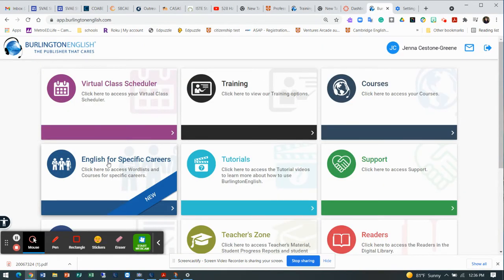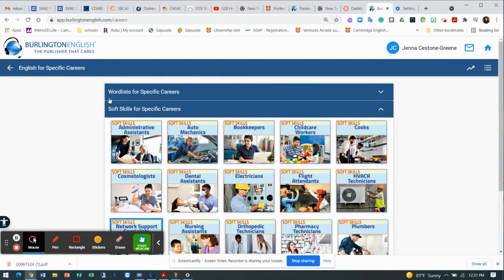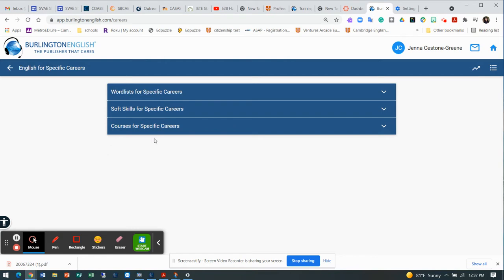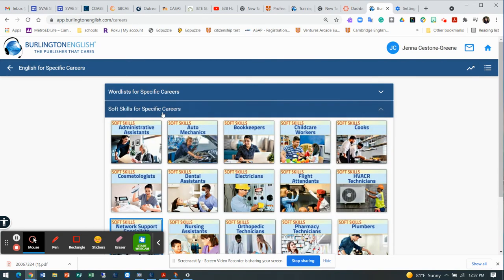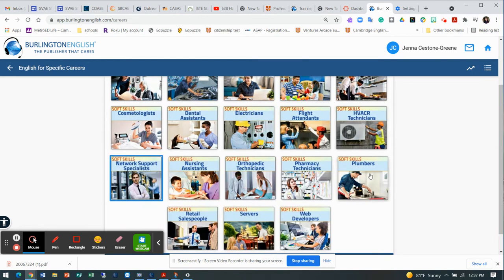So, English for specific careers. They really improved on all of these word lists for specific careers for vocabulary. There are multiple languages, and they definitely coincide with our co-ops. So if you're talking about employment, auto mechanics, we have nursing assistants, and there's everything from HVAC to plumbing to network support specialists, servers, web developers. It helps increase the vocabulary of our